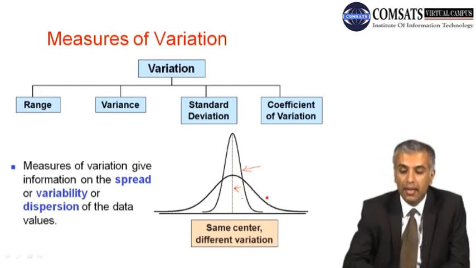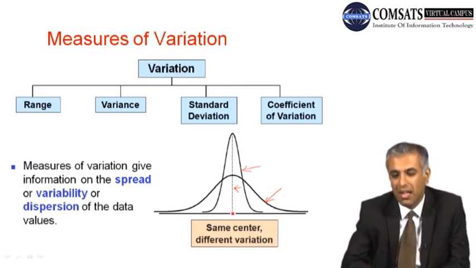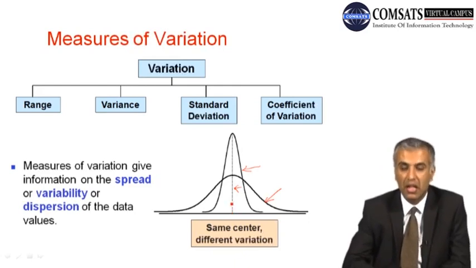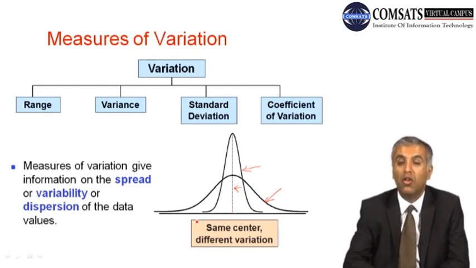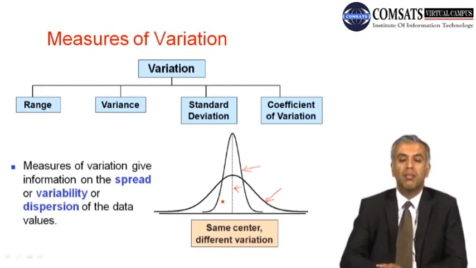However, on the other hand, if we see the other curve which is shown here, in this case you can see that its height is lower and the values are more widespread along this horizontal axis. So basically there are values which are farther from the main center, from the mean. So basically